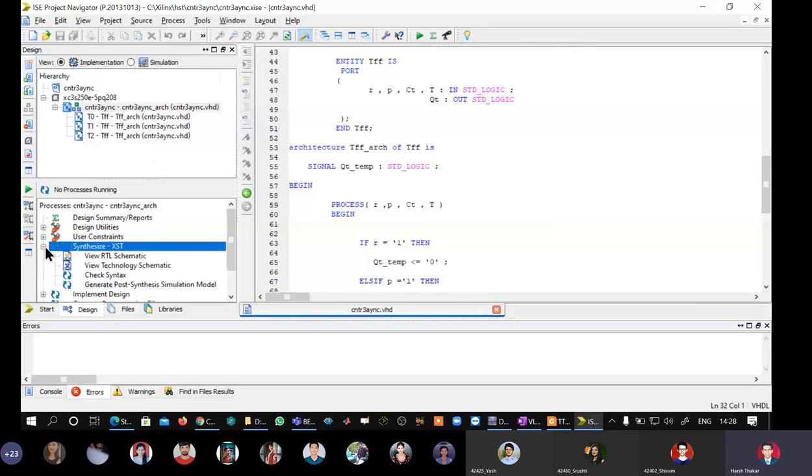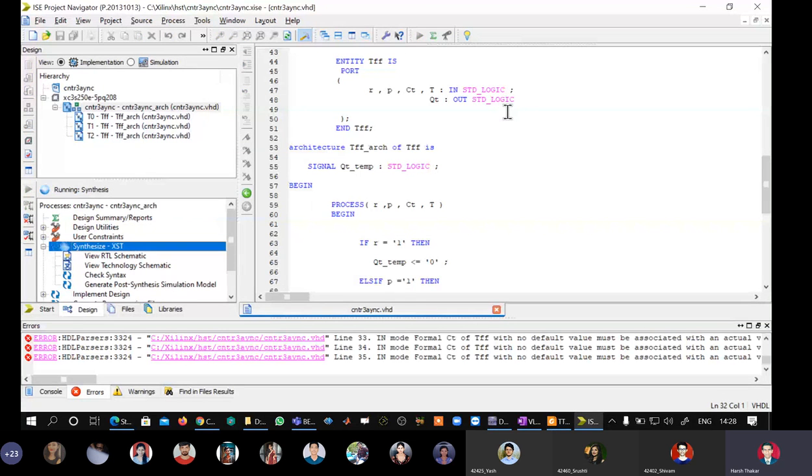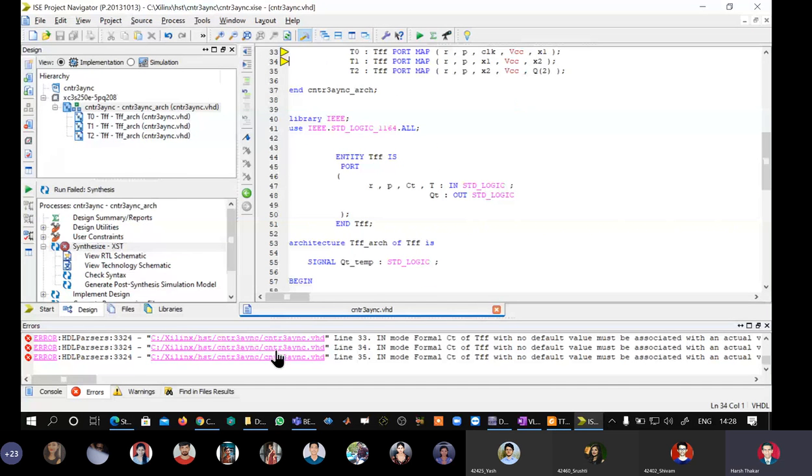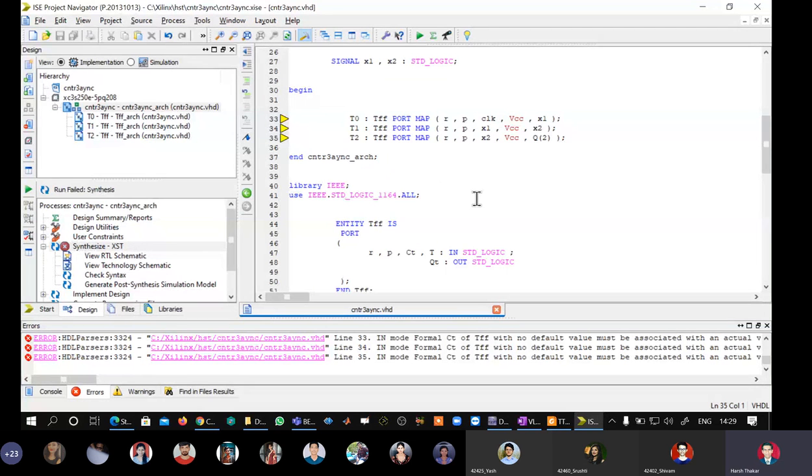So I will say synthesize. Yeah, so there are errors. We see here already, according to me VCC was defined by me, so I expected VCC to come in black color, but it is not coming. That means that there is some conflict somewhere.